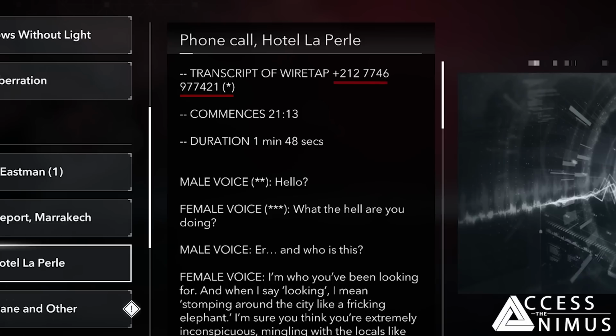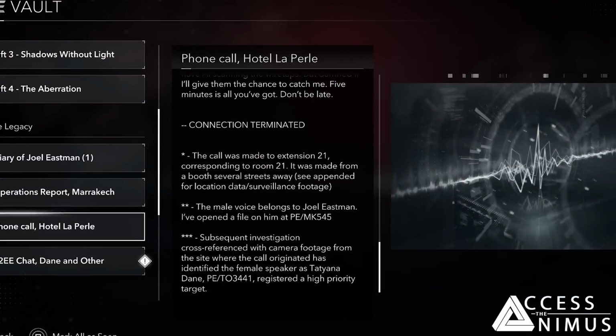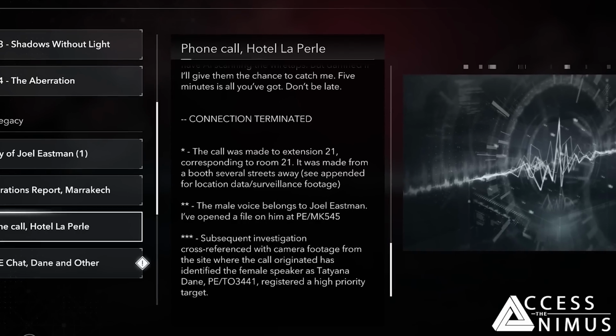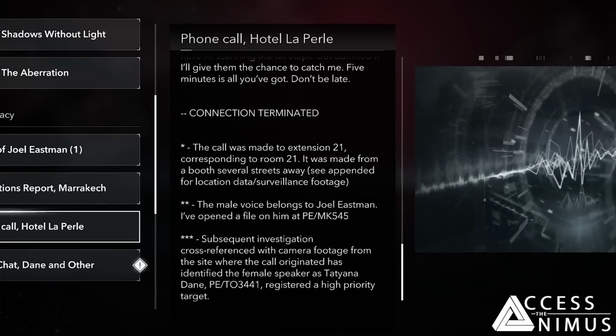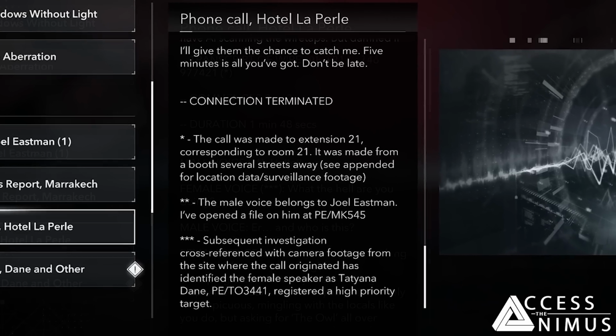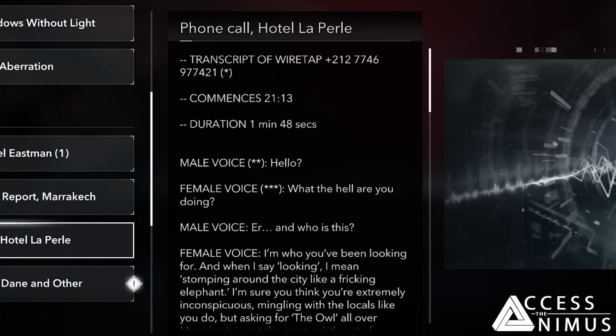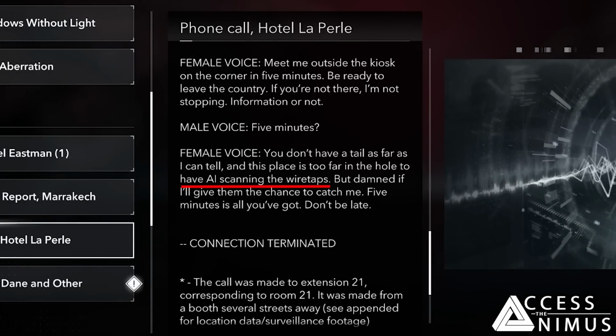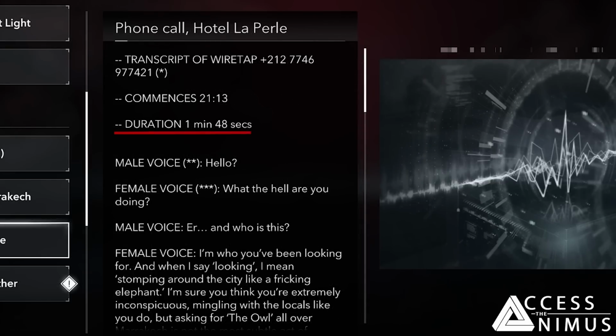We can even see the number written in there, which is located in Morocco because of the +212 prefix, and this is the number of room 21 of the hotel where Joel Eastman is staying, which means that after the commotion at the souk, he got back to his hotel. The phone call, which as we'll see is hinted to be scanned by AI, lasts for almost 2 minutes and